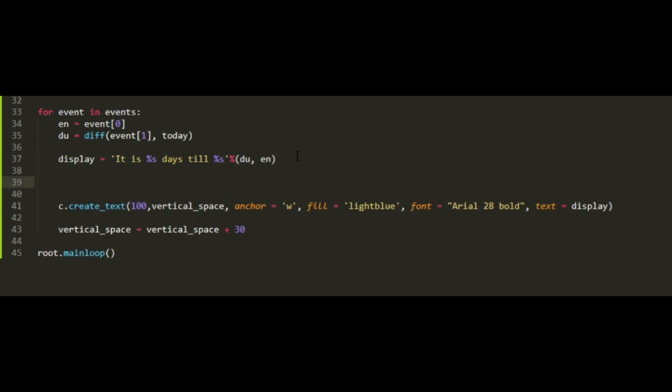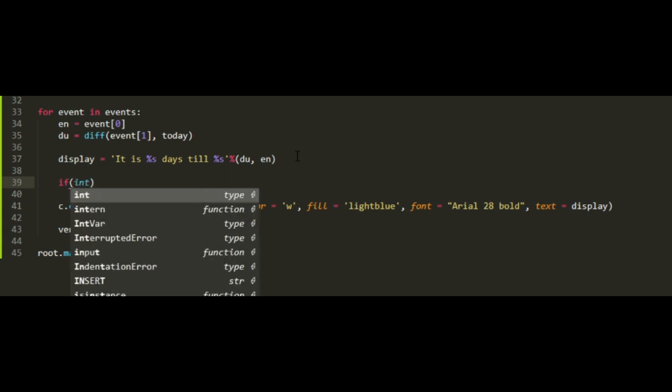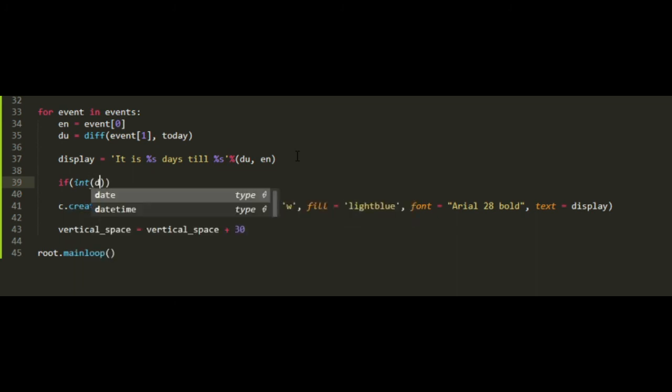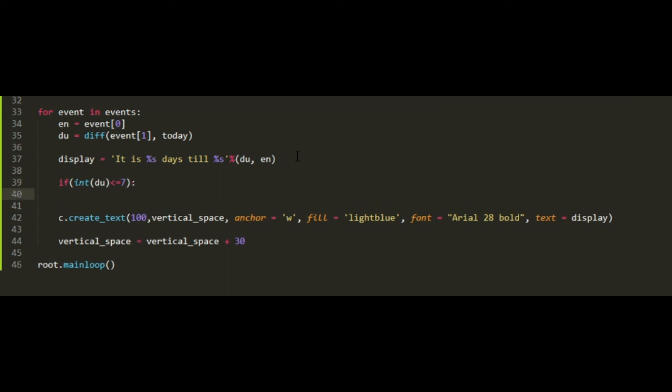We will write if, now we need to convert it into int, if int of du, that is days until, is less than or equal to 7, which means that if it's in a week, then we will do text color equal to red,